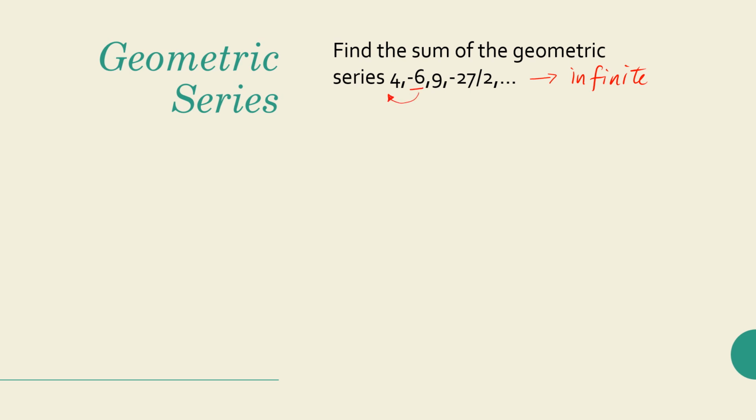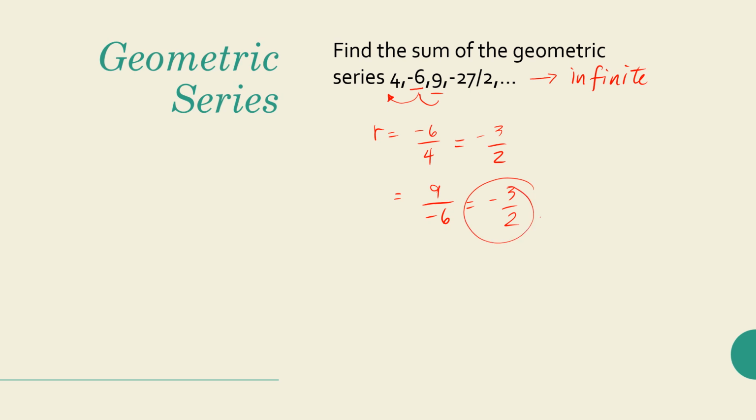So let's say negative 6 divided by 4. So the common ratio should be negative 6 divided by 4. This is, let's see, negative 6 over 4, or simplified as negative 3 over 2. The other one is, let's see, if the second one is also negative 3 over 2. So therefore, 9 over negative 6, or can be converted as negative 3 over 2. So our common ratio now here is negative 3 over 2.